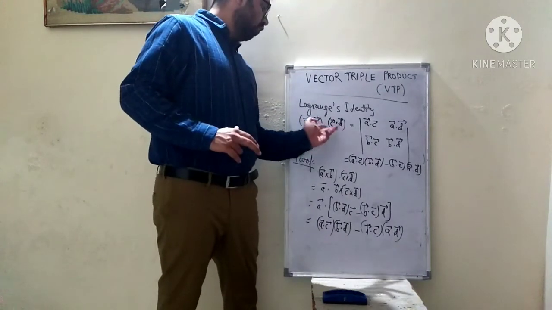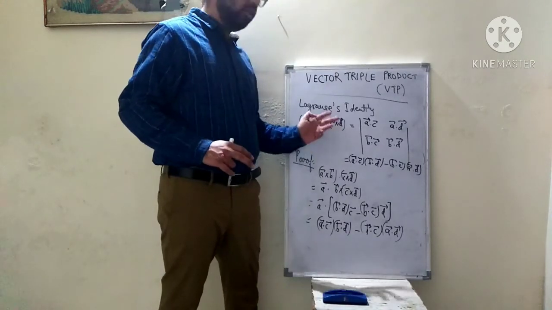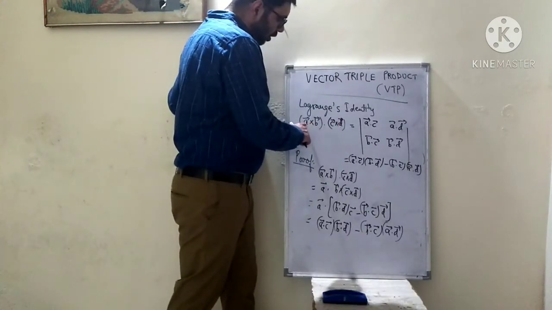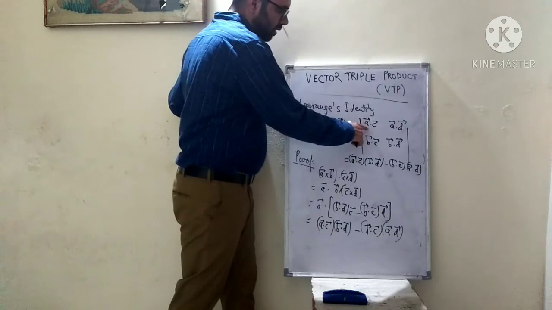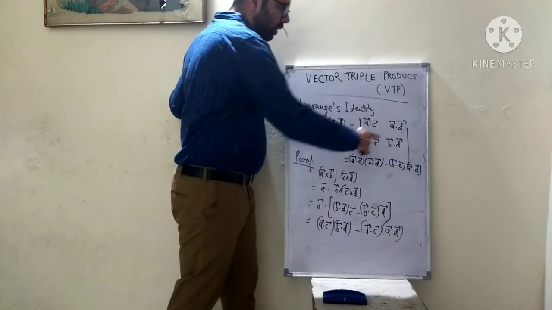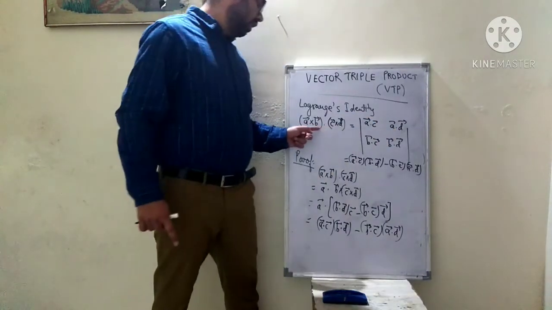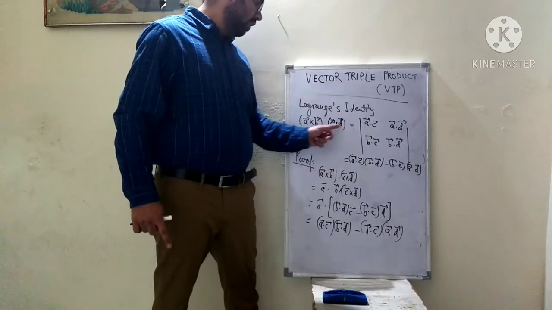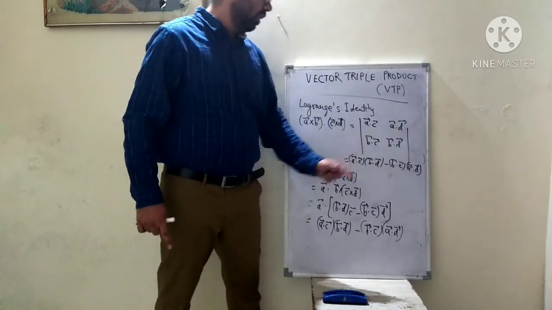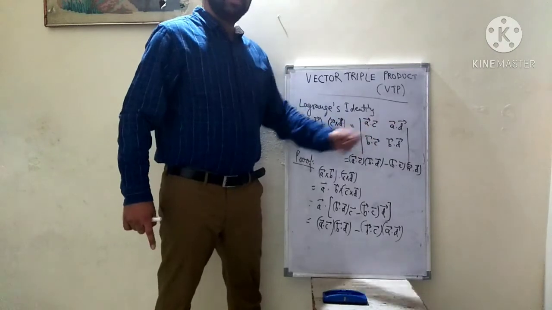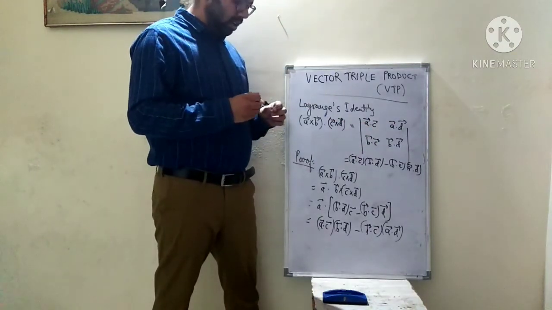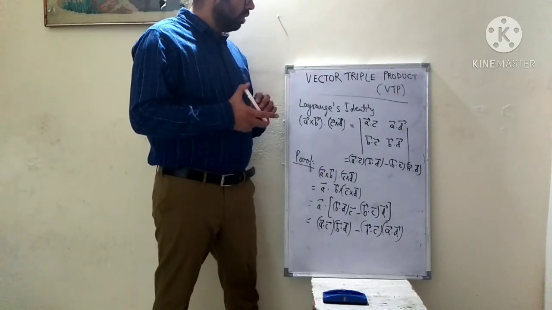When we are taking dot product of two vector products, first we need to take the dot product of the first vector with the other two vectors as the first row, so A dot C, A dot D, and then for the second row we need to take dot product of the second vector with the other two vectors, so B dot C into B dot D, and then we know how to simplify the determinant. Okay, so this was all I had for this video.